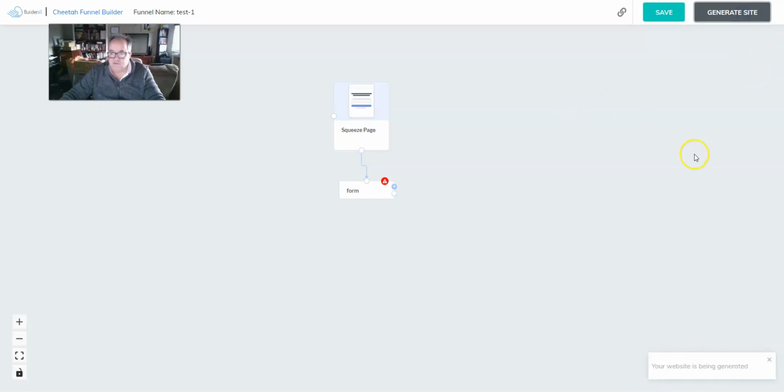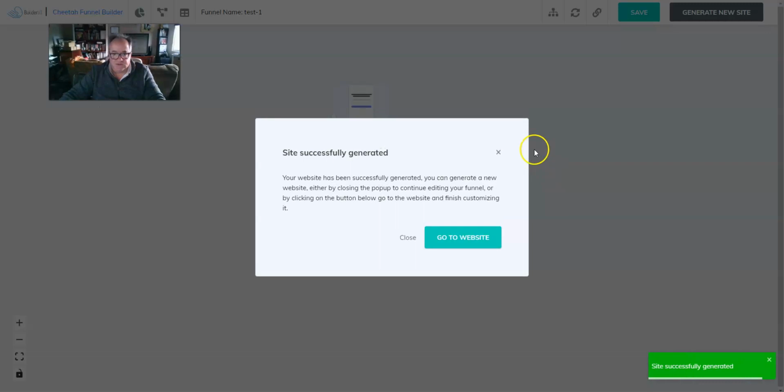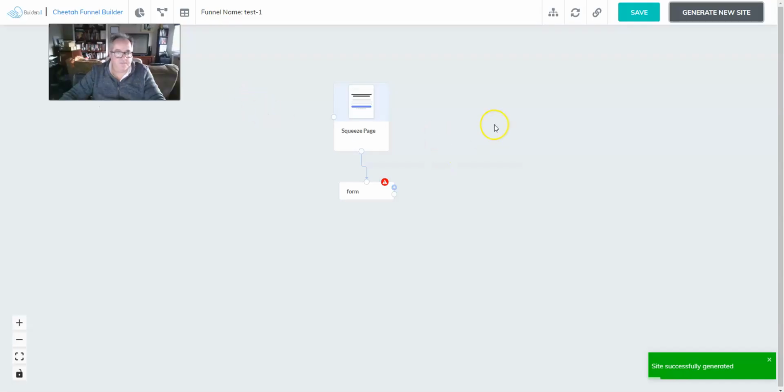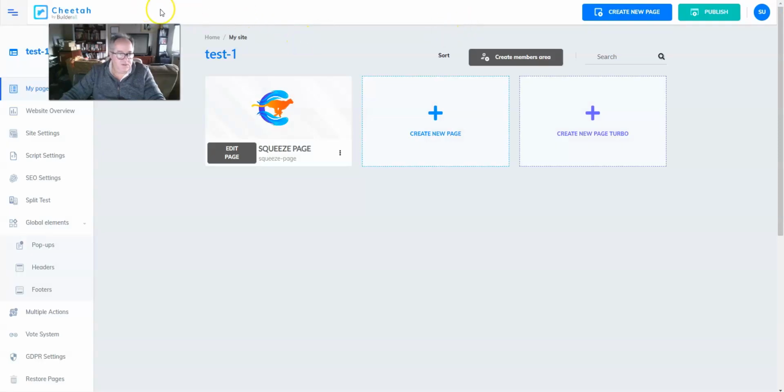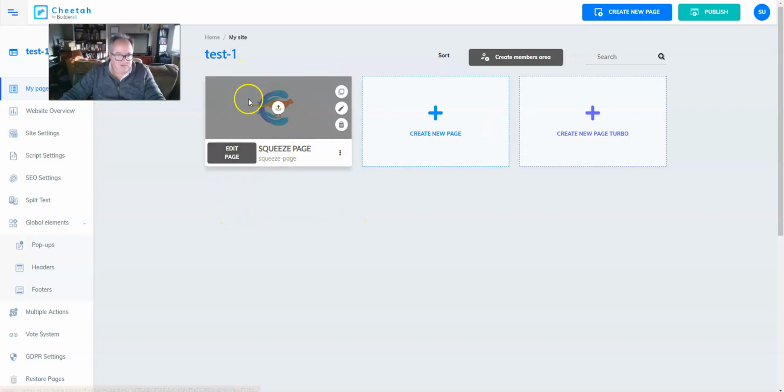If we want to generate the site, the website is being generated. That's it, successful. Go to website, and there it loads, and that's your address. It's not showing here because I've got the top part of my screen not showing, but there's your squeeze page,